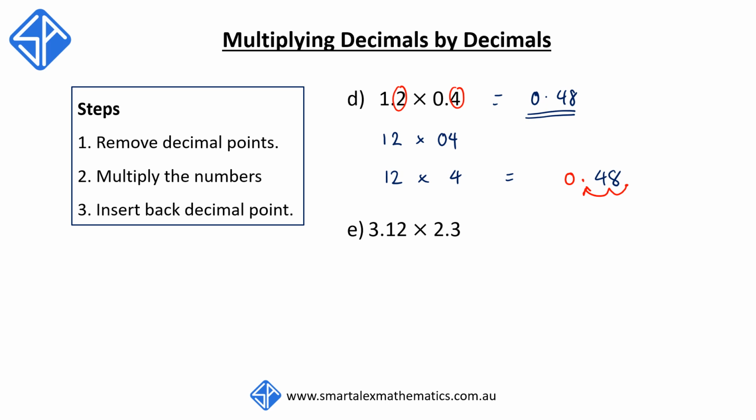Last example, 3.12 times 2.3. Ignoring the decimal points, we have 312 times 23. We're going to solve this by a long multiplication. 312 times 23. 3 times 2 is 6. 3 times 1 is 3. 3 times 3 is 9. Add a 0. 2 times 2 is 4. 2 times 1 is 2. 2 times 3 is 6. Then we add the two numbers together to get